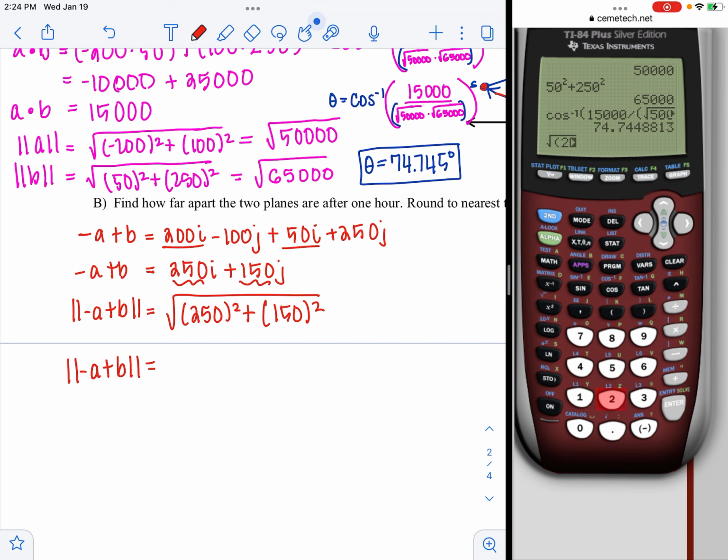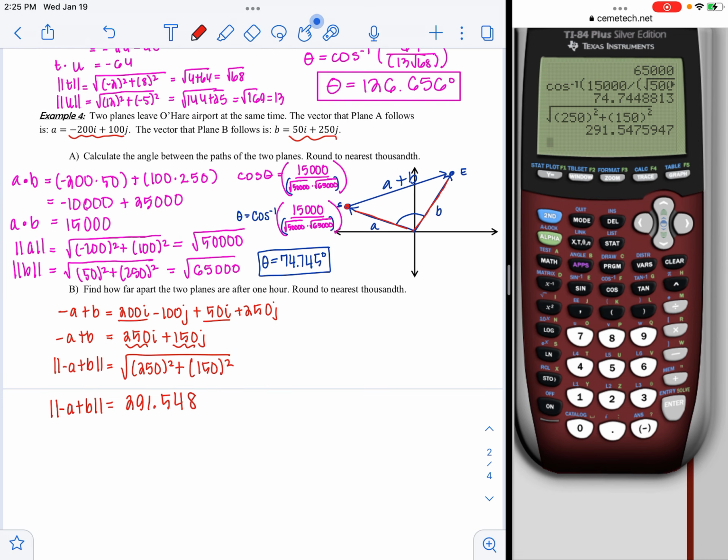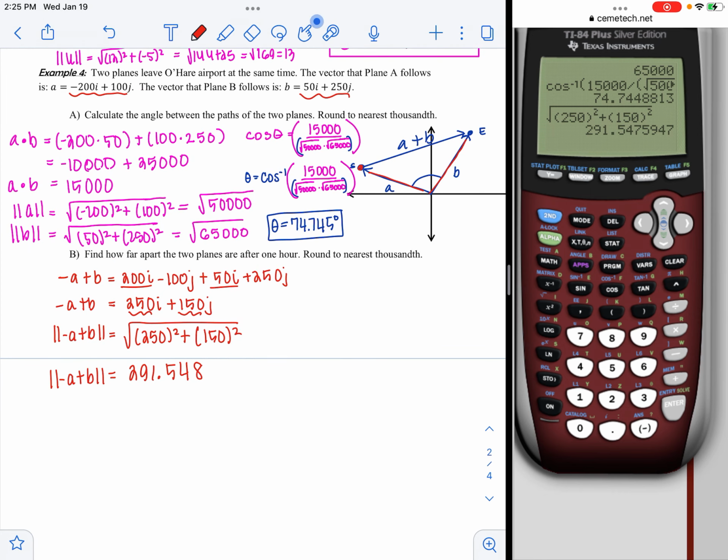So I'm going to put this in my calculator as soon as I'm done writing that down. Square root of, parentheses, 250, close it, square it. Once again, if I forget a parentheses on a positive number, it's not going to matter. Plus 150 squared. But I like to put them in so I don't forget them when I have negatives. And I get 291.548, my bad. And this is a distance, how far apart they are. This is not an angle. And this does not have a unit on it. So, I hate to say I'm going to assume miles, but let's assume miles. And that's how